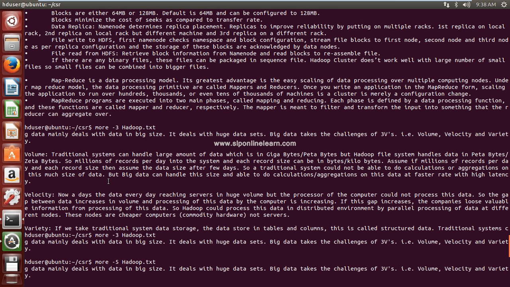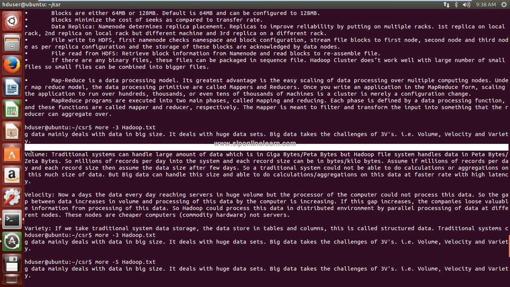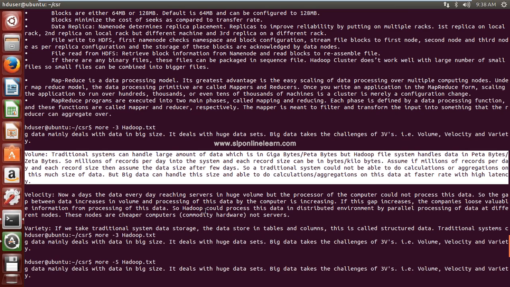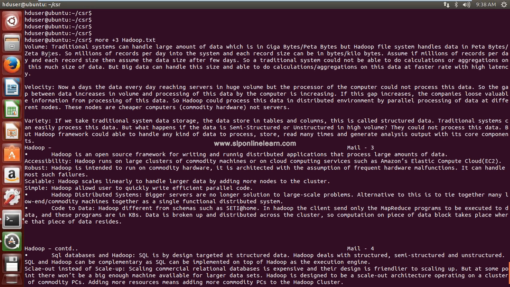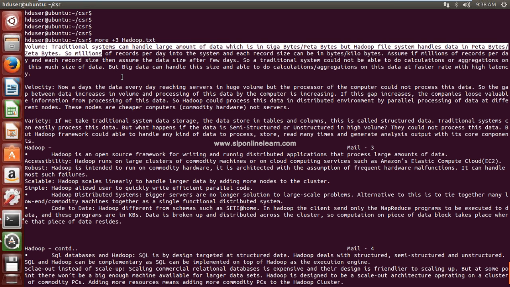not. We'll check this. So this is the beginning of the file, and this is the third line. This is the first line, second line, third. After this third line, it started displaying. That is the plus symbol, plus number of lines. So from the third line onwards, +3 means after the third line it starts displaying the file content. Fine, so these are a few options with this more command.